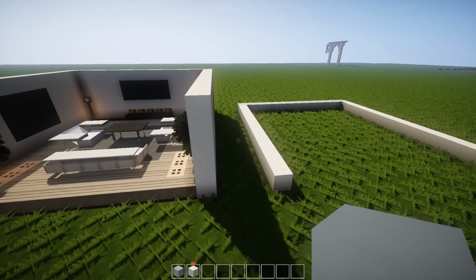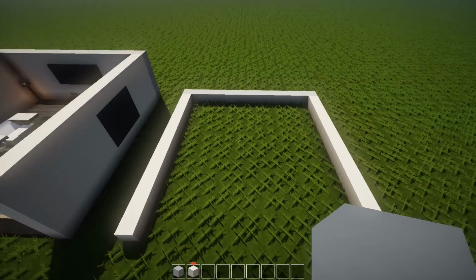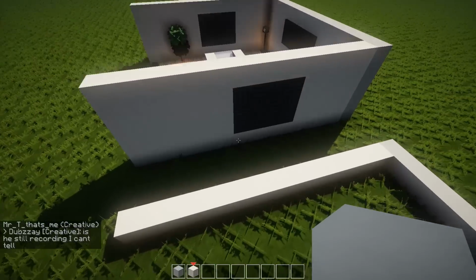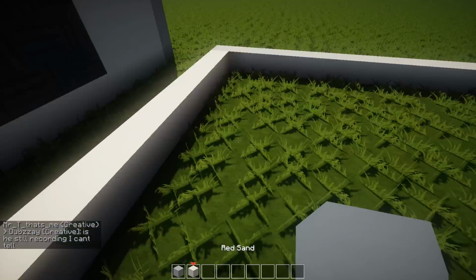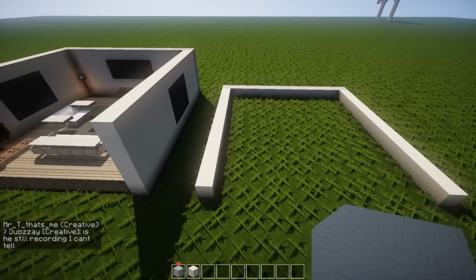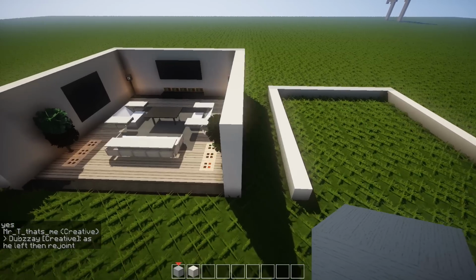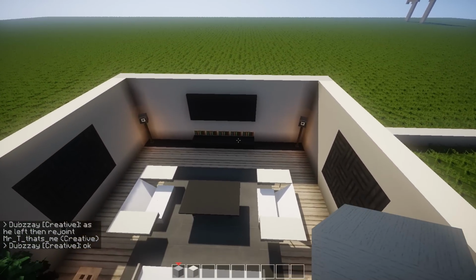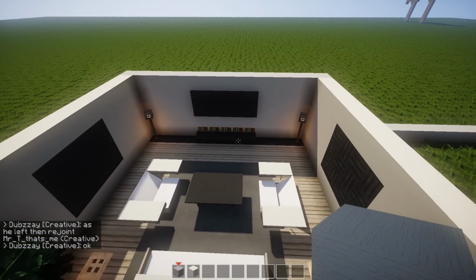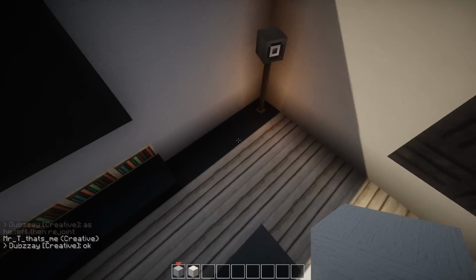So what you guys are going to want to do is make a 15 by 15 square. As you can see, that's what we have right here. Now the side walls are going to feature red sand. The back wall is going to feature light grey wall. Very important to note, this is best in the BCS pack. There will be a link down below in the description, so go check that out, go download it, go have fun with it, because there's a lot of cool stuff you can do with it.